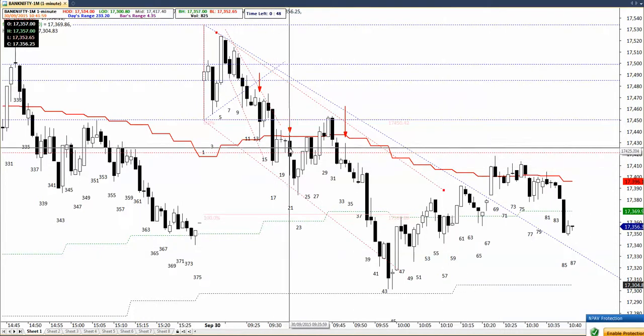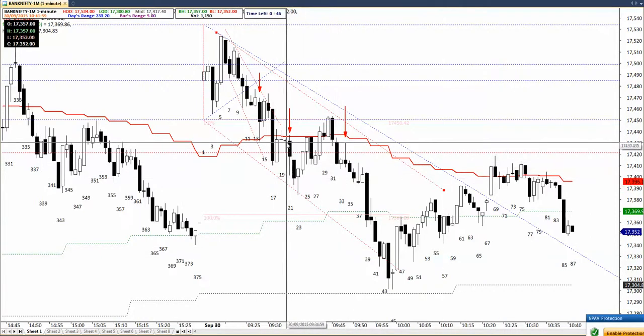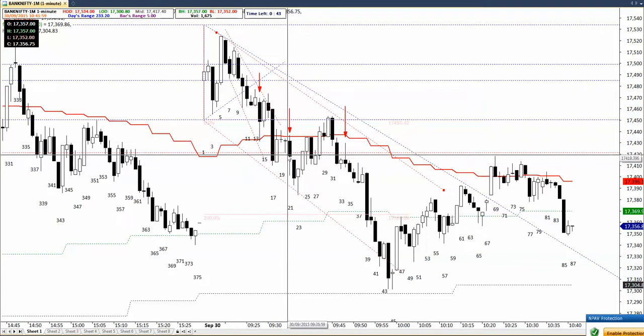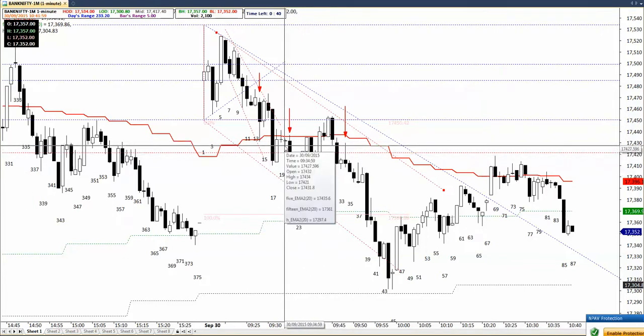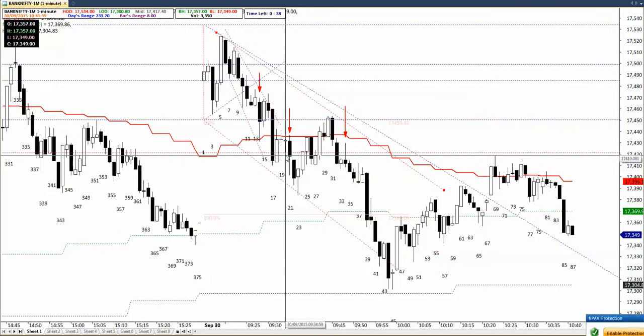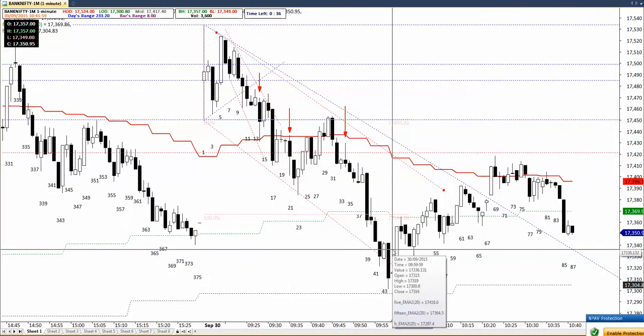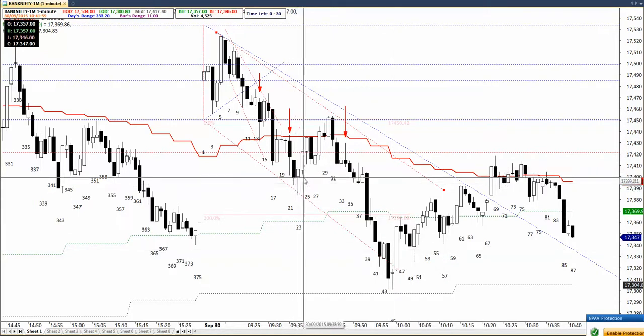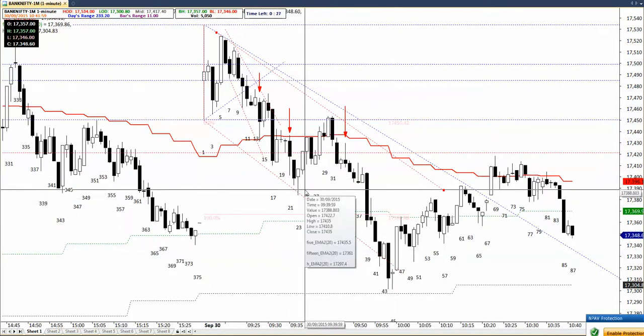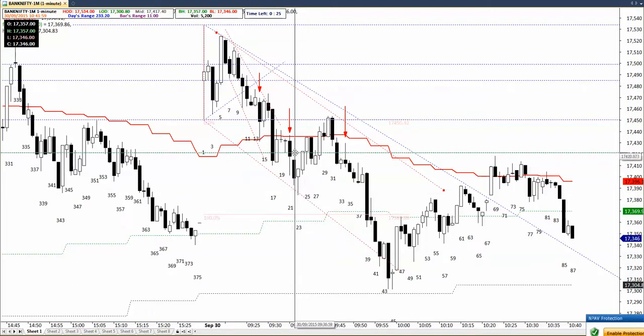Okay, so we'll wait for a trap setup, which is what happened. Bar 21 poked above bar 20 high, and then basically poked below bar 20 low. That's where we get short, and we take a short trade below bar 20 with stop loss of 10 points risk, and then target of 30 points only. We'll get out at 30 points for the full position because